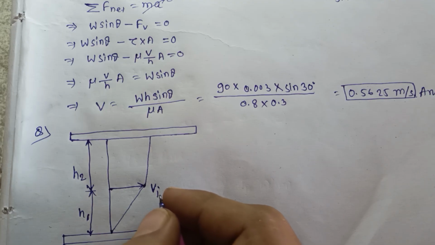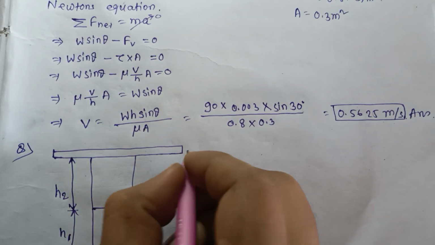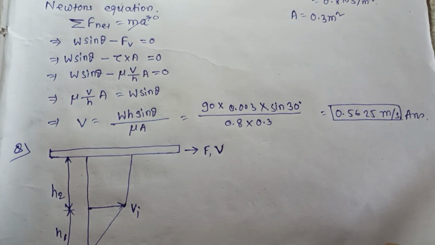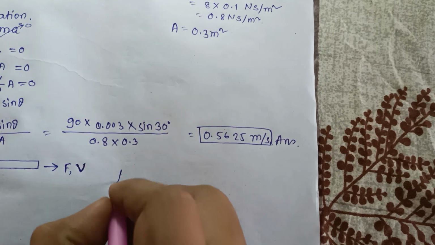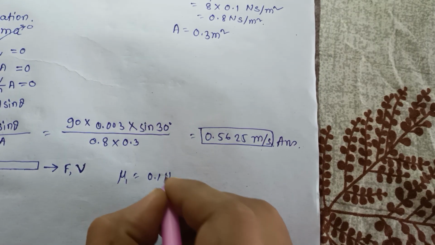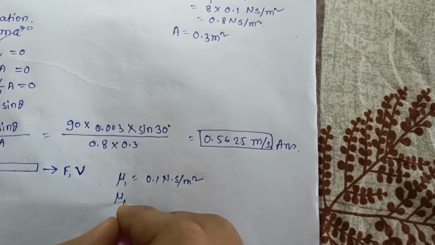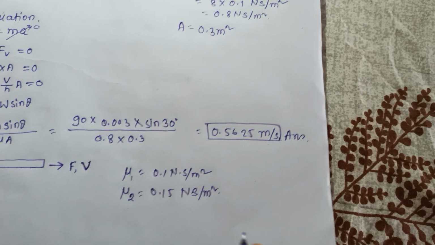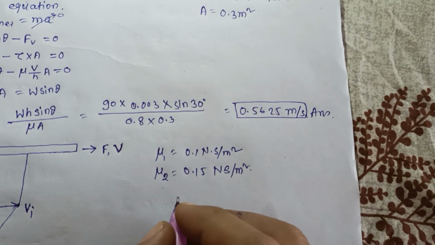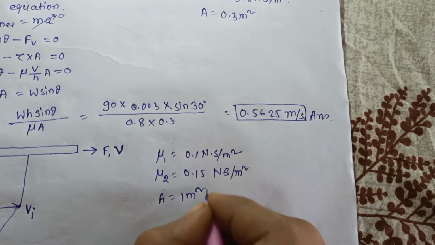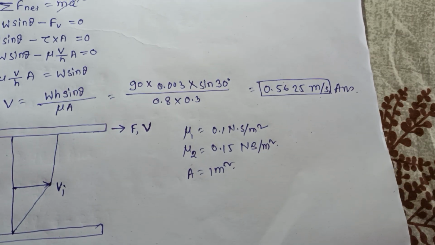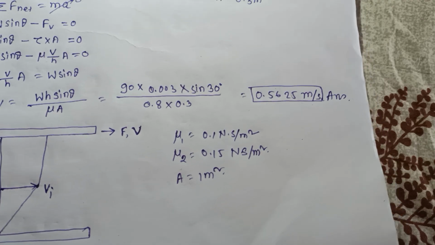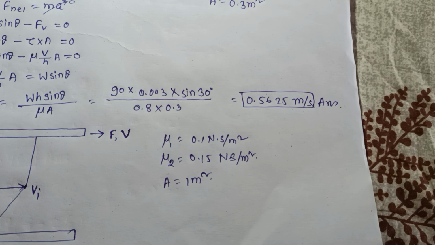Here this plate is moving with a force F and velocity V. The given data: mu1 is 0.1 Newton second per meter square, mu2 is 0.15 Newton second per meter square, and the area is 1 meter square. The thicknesses are h1 equal to 0.5 mm